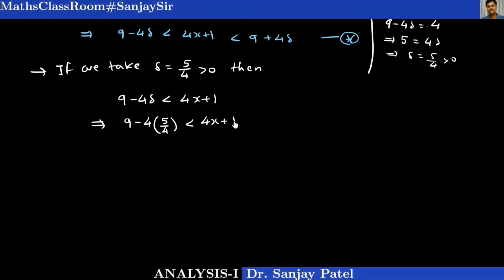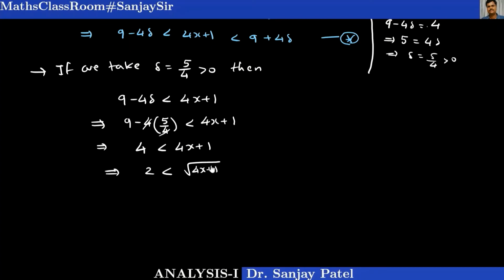is less than 4x plus 1. So the main basic idea is to take something so that I can take the square root of that final simplification or simplified number very easily. This gives me 9 minus 5, which is equal to 4. So I will be writing directly. So this 4 gets cancelled and we'll get 9 minus 5 is equal to 4 less than 4x plus 1. Okay, so this will be cancelled. And now I can take the square root of this. So 2 is less than square root of 4x plus 1.